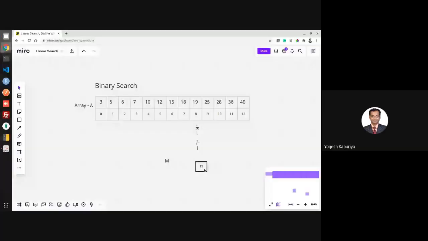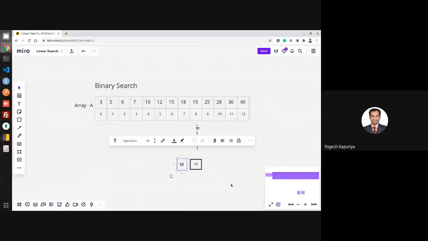It is obviously better than the linear search, but when your array is sorted, that is the precondition. Why is it better? Because you are actually minimizing the number of comparisons. That means you are improving the algorithm performance. When you are performing a minimum number of comparisons, it improves the performance.